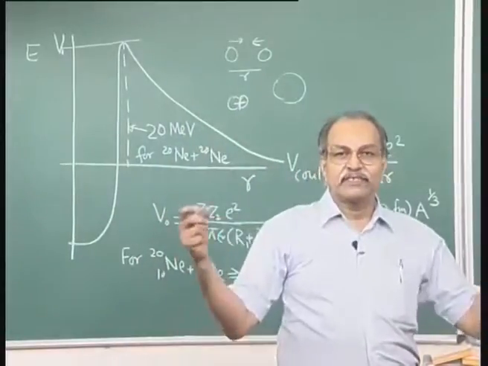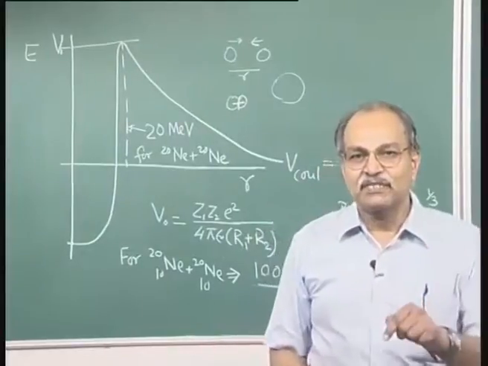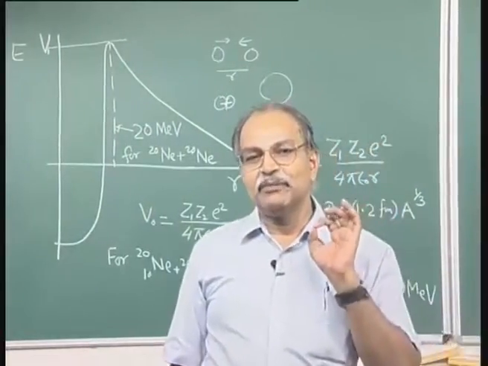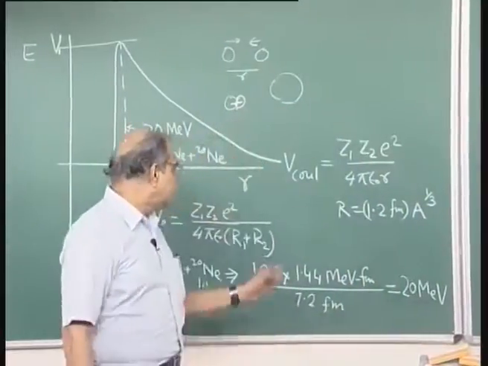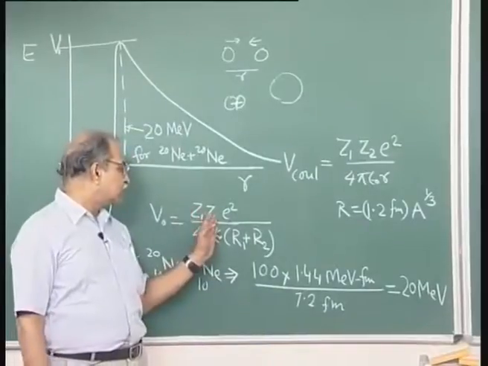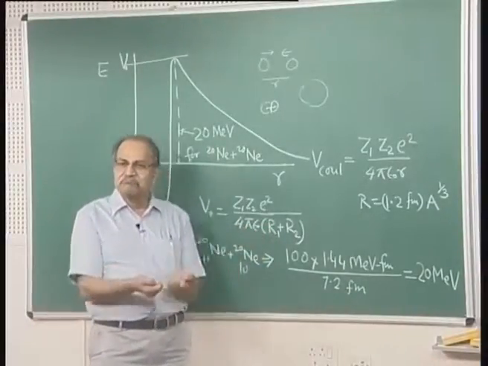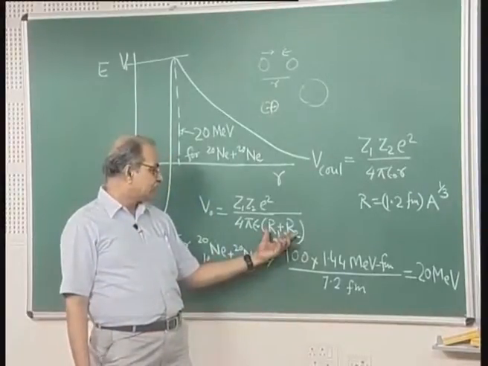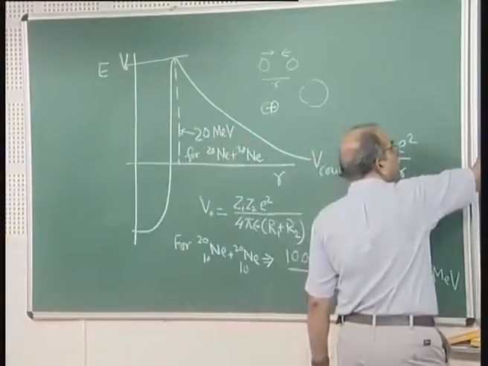In the sun or in stars, when hydrogen fuses, the first step is proton-proton. So there the Coulomb barrier will be minimum, with minimum Z1 Z2. So if I take just that case, Z1 Z2 is 1, and for the radius take 2 femtometer, the range of nuclear interactions, here. So, for proton-proton,